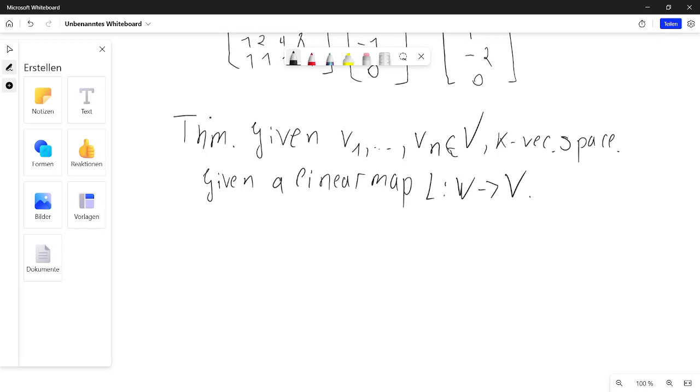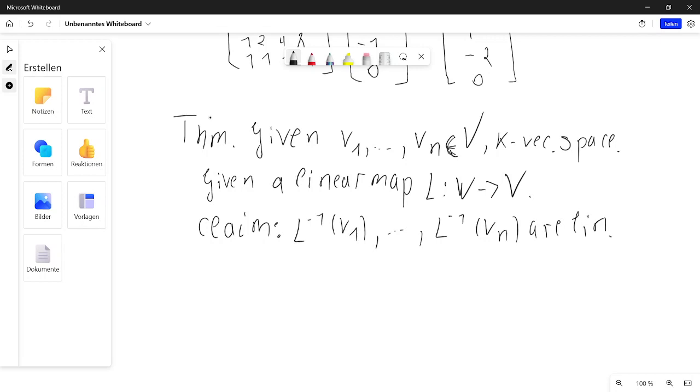And now, I don't exactly remember, but I hope that it's true. I guess that's true. We'll try to prove it. If not, then it probably doesn't work, or maybe I won't be able to find the proof, though it works, that could happen. I'm now kind of tired, even though it should be simple. Claim: L minus 1 of L v1 to L vn are linearly independent. So the pre-images,